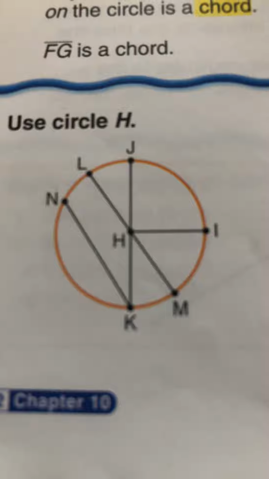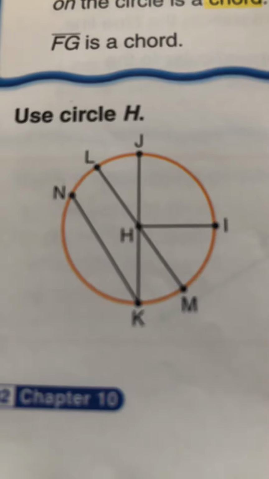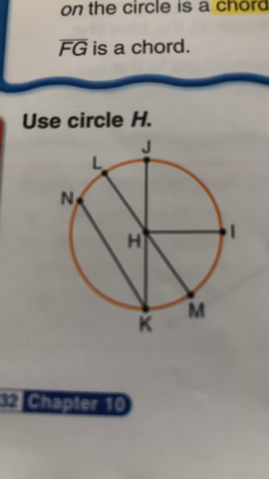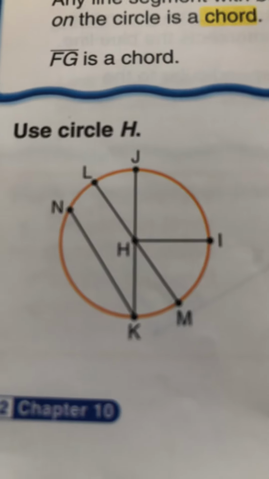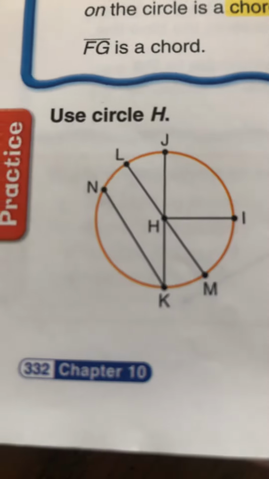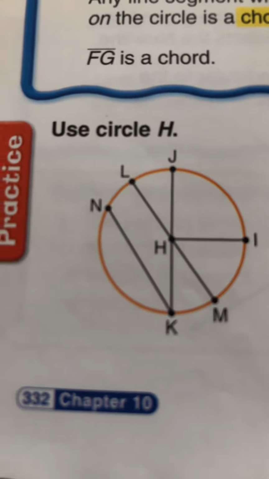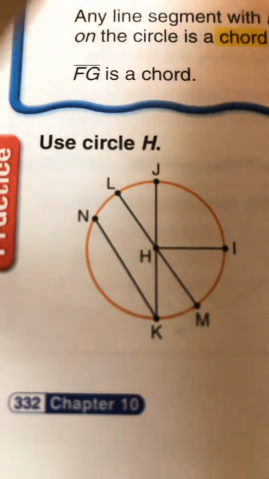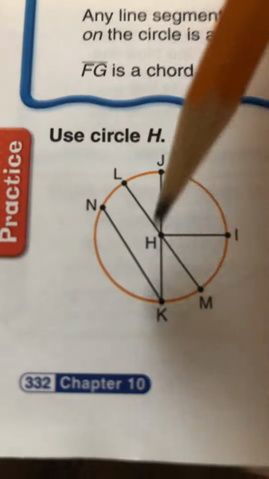So point N, point L, point J, point H, point I, point K. Oh, on the circle, so H doesn't count. So N, L, J, I, K, and M are all on the circle. H is the center, so it's not on the circle. But the name of this circle is, as you see from the directions, circle H, because the center point